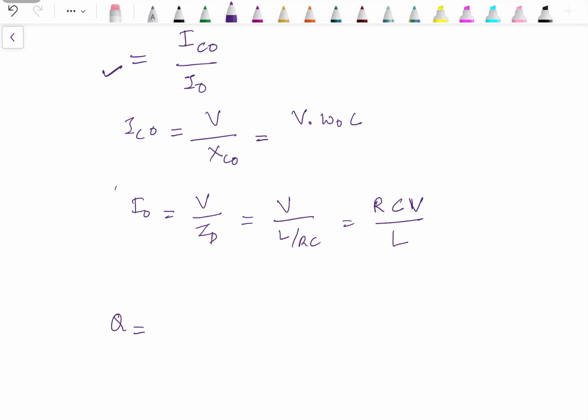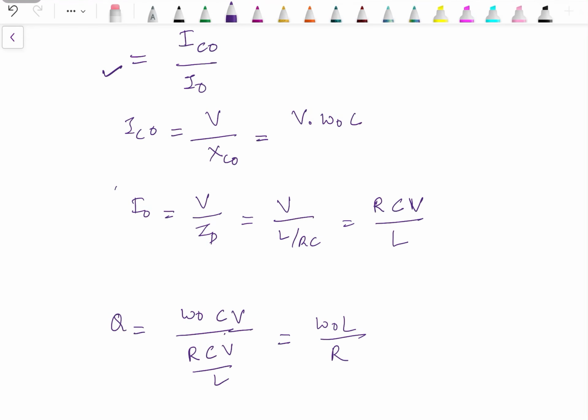Then the quality factor is omega naught CV upon RCV by L, which gives us the expression omega naught L by R,